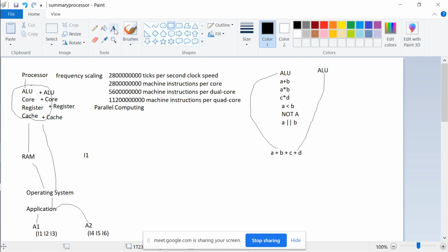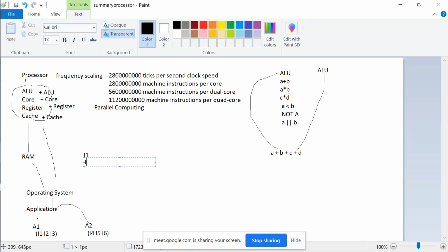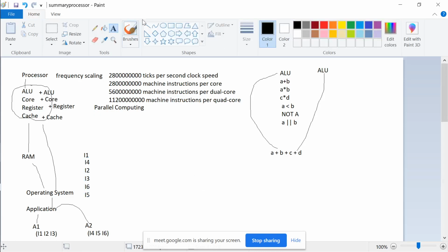So how does the operating system manage all your applications? It will queue your instructions. So there will be I4 over here, I2 over here. You see there is an order of the instructions. It does not matter, because an instruction is an instruction. A machine is like a robot, right? You tell it to move from one place to another place. It doesn't understand who has told it to do it. If the robot has been told to move from place A to place B, it will move. That is a command it understands. It doesn't matter where the command is coming from. I1, I2, I3, I4, I5. So this is a queue of machine instructions.